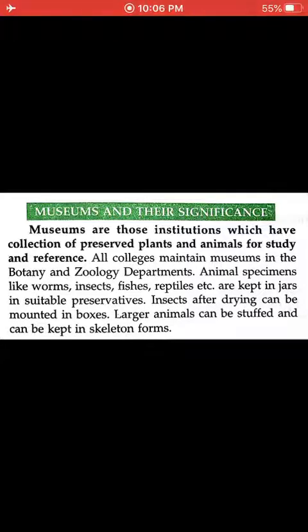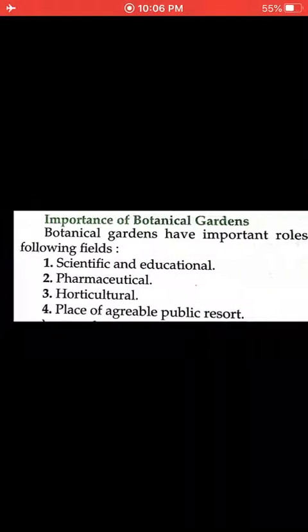how life has evolved, what animals are present on the earth, how and why they went extinct, what their eating habits were, how they bred. So a lot of things come from the museum. So museums are the mirror of the past in case of taxonomy and evolution. And the significance of a museum is that it lets us know and makes us aware about life on the earth and its evolution.